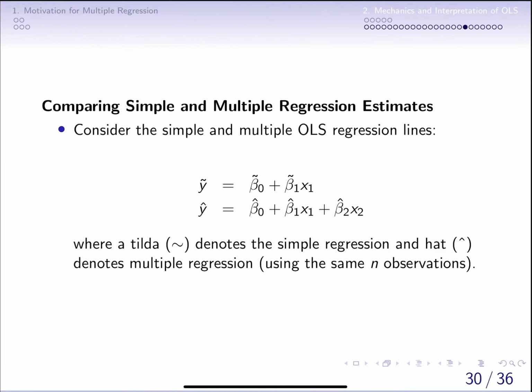In this video, we'll take a look at simple and multiple linear regression estimates and see that there is some sort of a bias that might appear in simple linear regression estimates if we have an omitted variable. So we'll begin with just saying that the simple linear regression